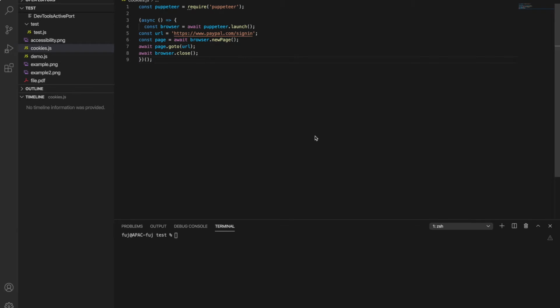Okay, so let's start. With Puppeteer we have learned so many things till now, so you must have got some basic ideas how Puppeteer works. So now let's learn today about the cookies. Not that sweet cookies that everyone loves, but that website cookies that we need to test.